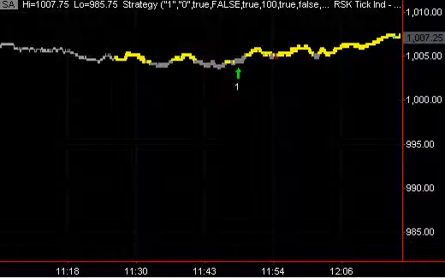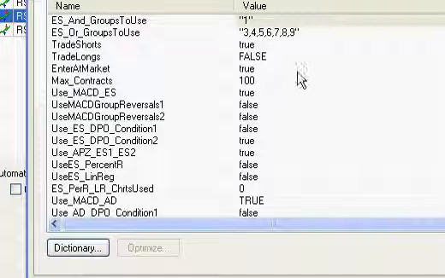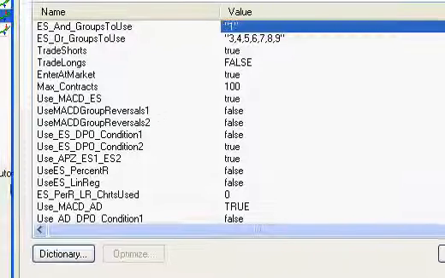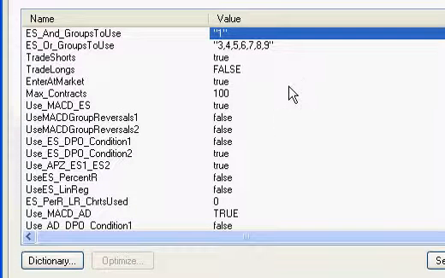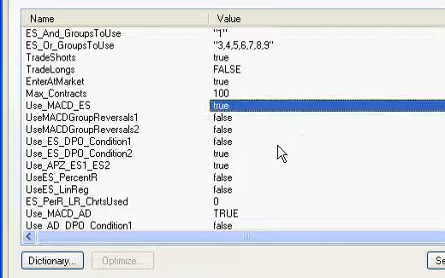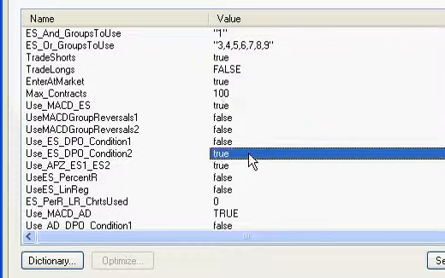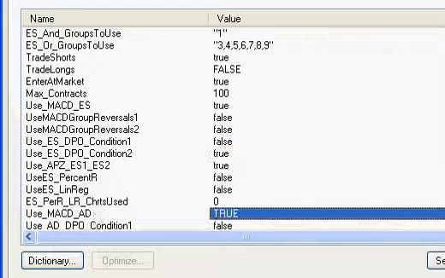We've opened up the strategy to show you just a few of the settings that were used in producing that trade. Of course, we're using the MACD. We're also using the DPO, the Detrended Price Oscillator, the APZ, an adaptive price zone indicator, and then we're also using a comparative MACD, which in this particular case